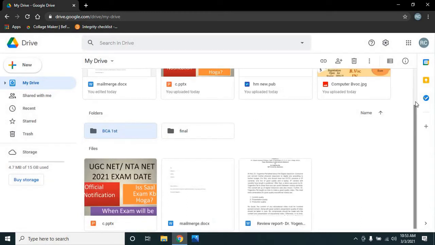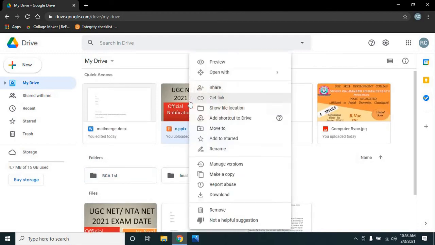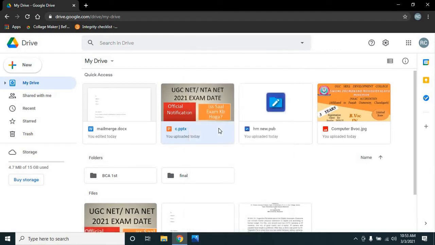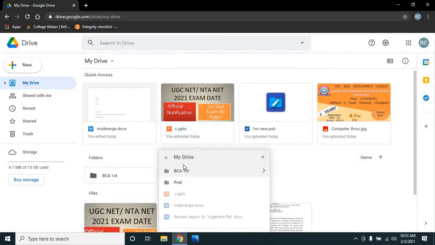Now if you want to move a file, for example, if I want to move this file to this folder, simply right click here, and just click on Move to, and it will show you the folders. These folders are there in my Google Drive. You can create any folder as I have just explained to you. So click here, BCA first,